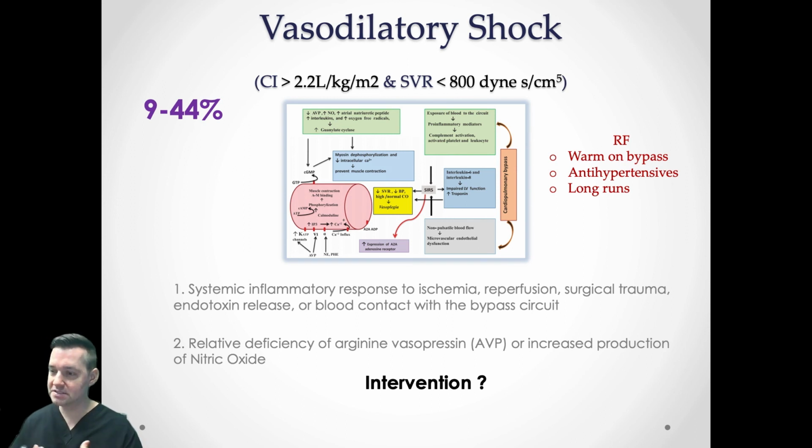There's a lot of reasons to develop this sort of distributive physiology. Many of them are thought to be related to either ischemia reperfusion injury or, most likely, the marriage between patient and bypass pump and the systemic inflammatory response that comes with that. High amounts of interleukin 1 and interleukin 6 being produced, right? That impacts